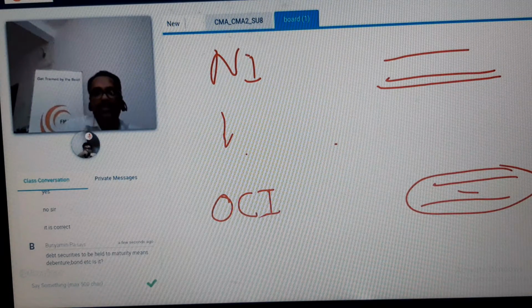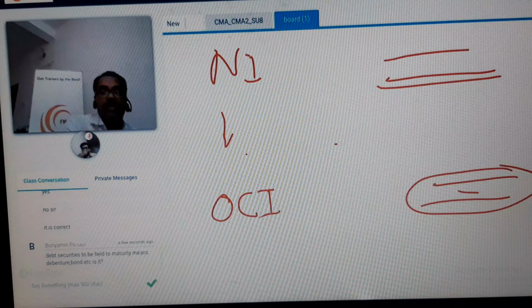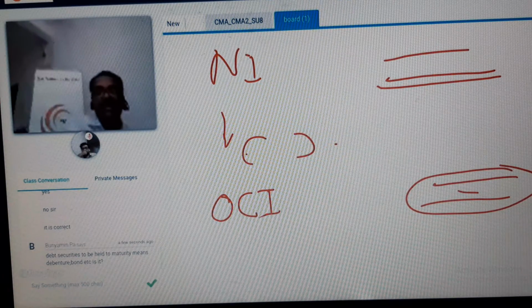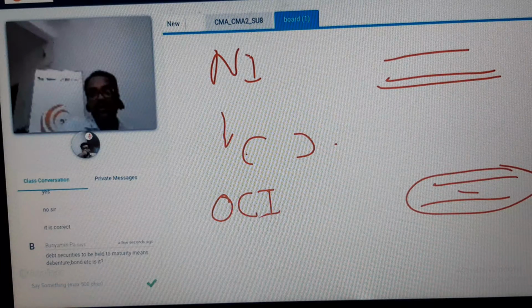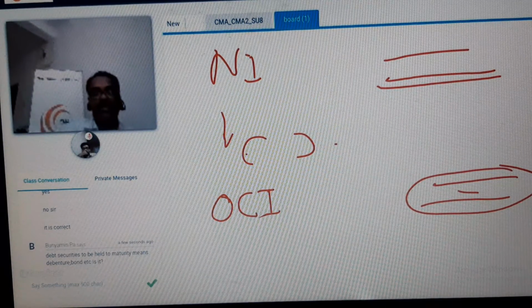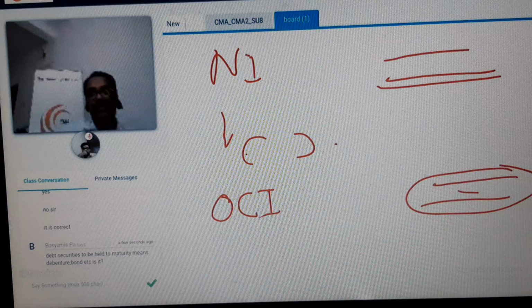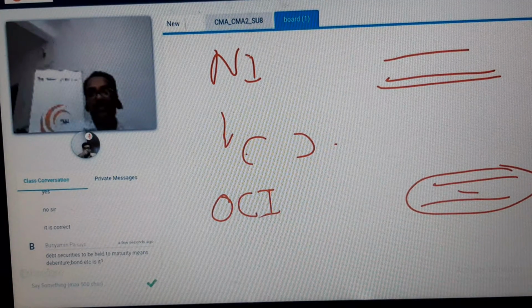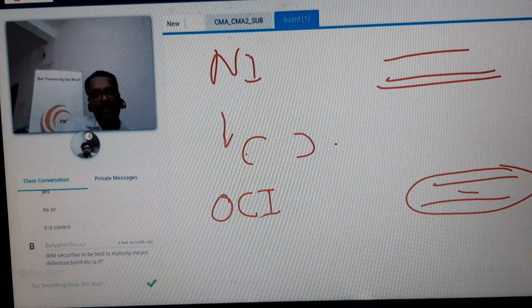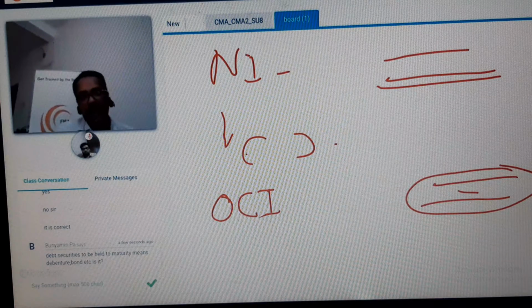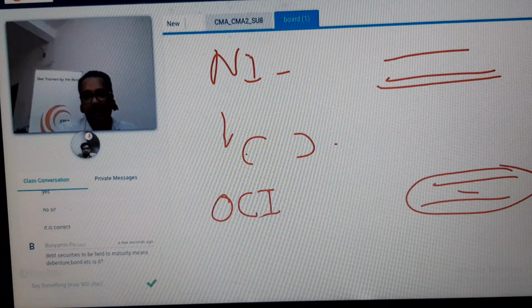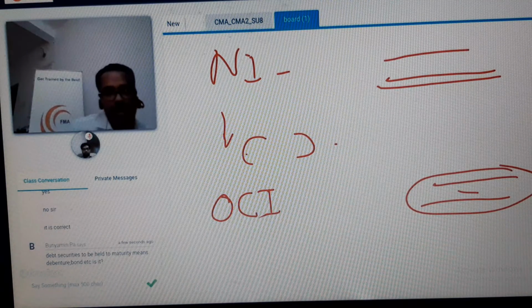Suppose you close the company today, in the UK, if you look at the foreign currency translation reserve, that is a loss you are going to get because of the FX. So your net income is the net profit for the year. But there are other items, other comprehensive income, which is coming below.